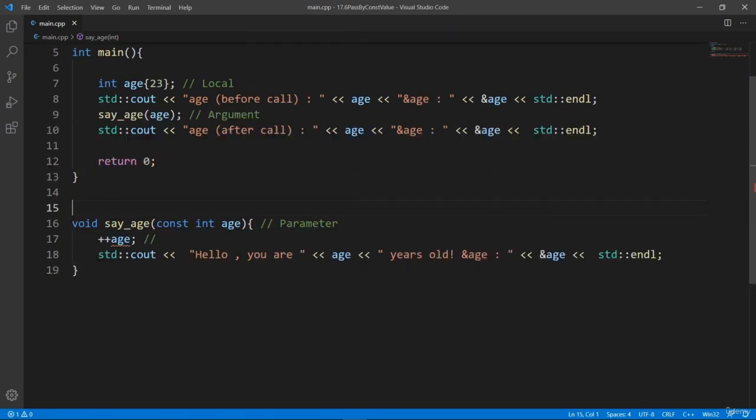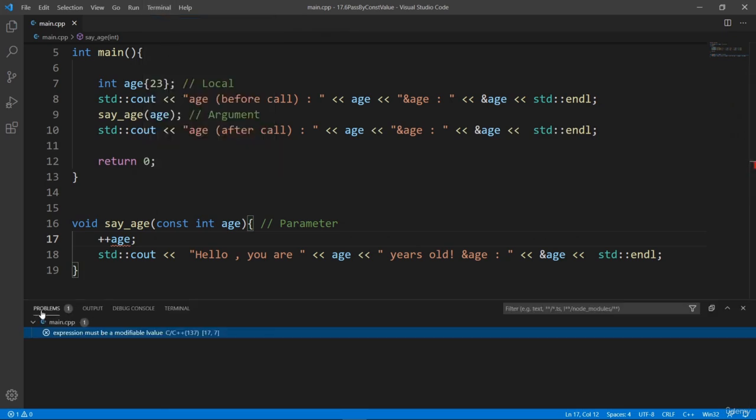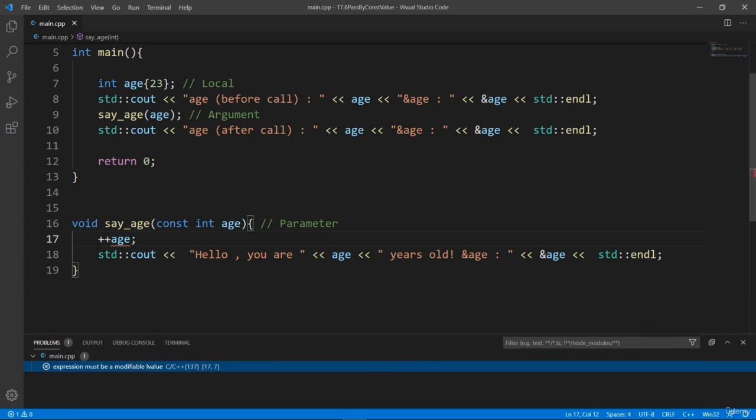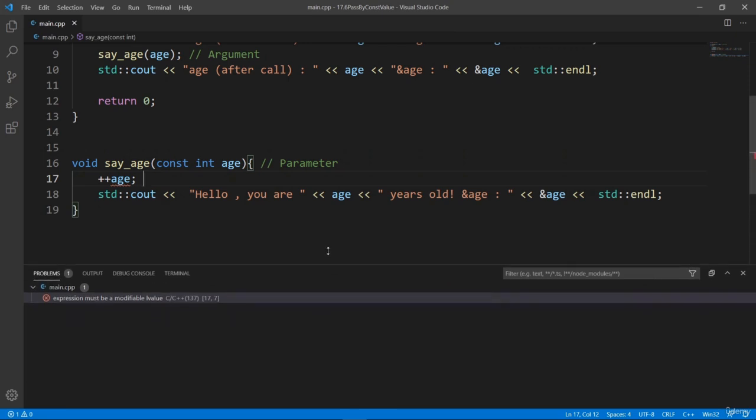And now you see that in the body, if we try to modify the age here, we have a squiggly line. And if we bring up a terminal so that we can see the problems tab, we're going to see: expression must be a modifiable lvalue. What this really means is that we are trying to modify something that is const. The const we put in front of this parameter here means that we can't go through this parameter name and modify whatever value is inside. If we try to do that, we're going to get a compiler error,